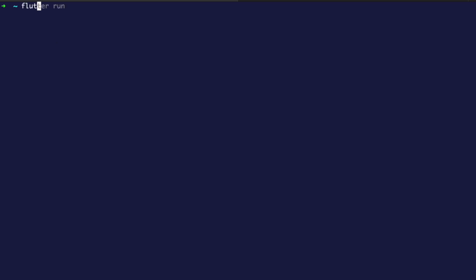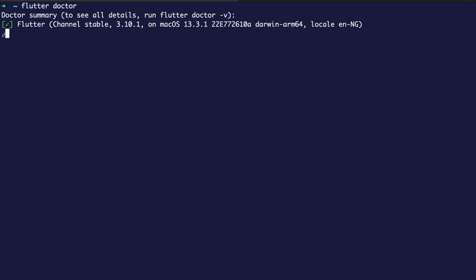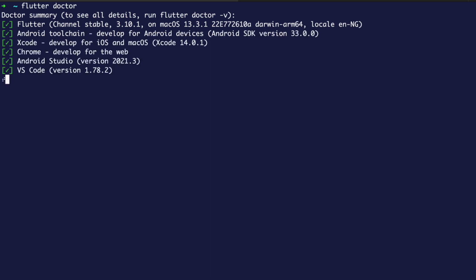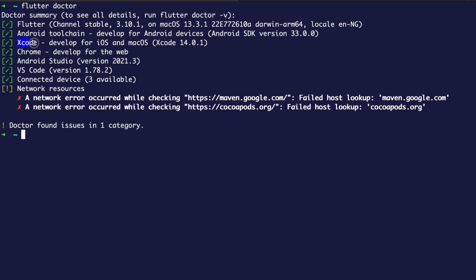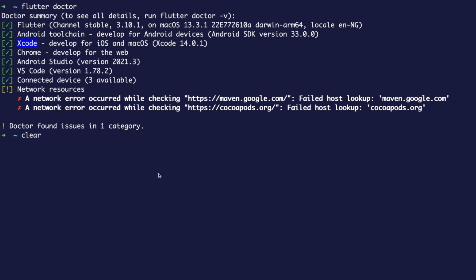Then type in the command flutter doctor, which is going to verify if you've properly installed all the requirements that you saw in the documentation, if you really went through it. All right, you can see that everything is fine on my end. I have Xcode installed, Flutter installed, Android Studio installed, VS Code installed, which means everything is fine.